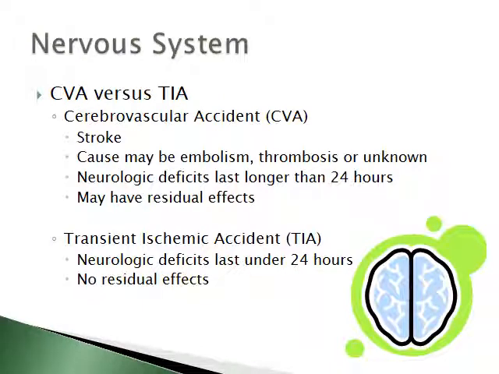Two conditions that affect the nervous system are a CVA and a TIA. CVA stands for cerebral vascular accident and is commonly called a stroke. A CVA may be caused by an embolus, thrombosis, or another cause. A CVA causes neurological defects such as aphasia, hemiparesis, or dysphagia